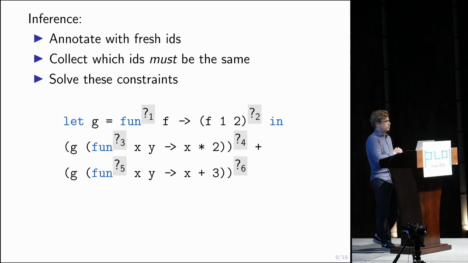So for inference, it's also super easy. You're going to take your term and annotate it with fresh identifiers everywhere. And then you're going to type check the program and collect which of those identifiers have to be the same. And then you're going to merge them all together with something like a union find, and then